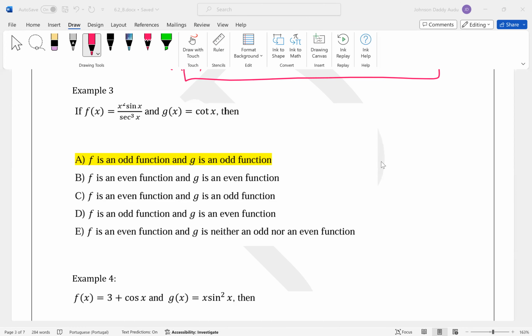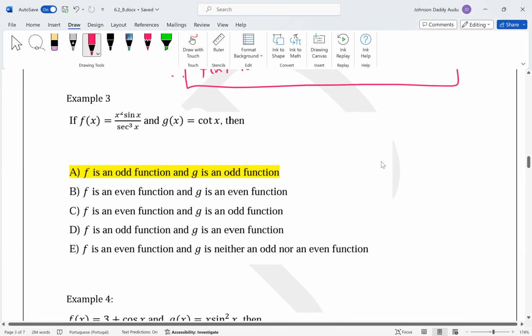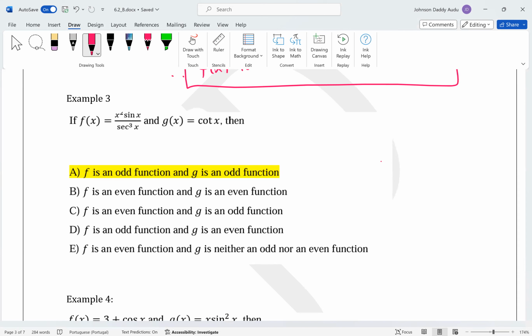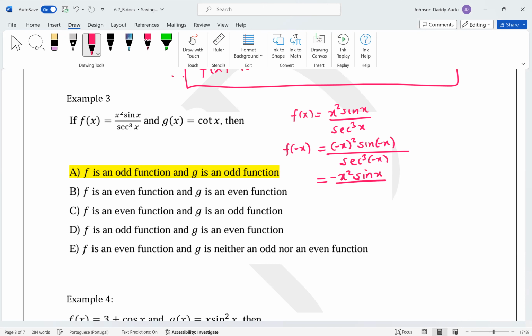So for example 3, you have that if f of x is this and g of x is this, which of this is true? So you just need to find both of them. So if you take f of x is x squared sine x over sec cube of x, you find f of minus x. This will be minus x all squared, then sine of minus x over sec cube of minus x. Now, this is going to be x squared. Remember, sine is odd, so minus will come out here. Then you have sine x. Also, sec is odd,